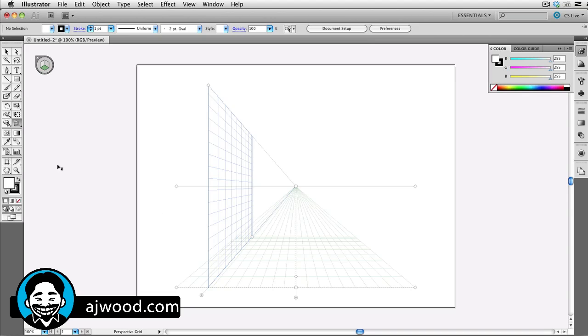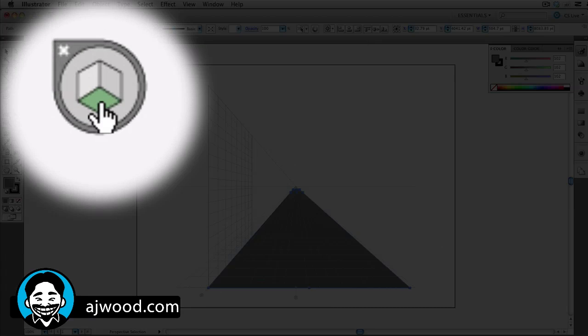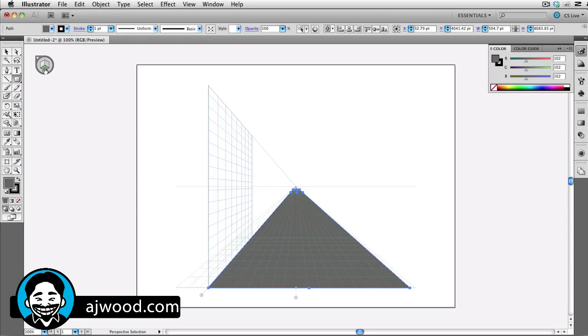So with this 1-point perspective, I just want you to see, I'm going to grab the rectangle tool, and with the dark gray, I'm just going to begin to draw on my horizontal plane. Now, as a reminder, the horizontal plane is being drawn on simply because I have activated it in my plane widget. So once again, green corresponds to the horizontal plane, and the blue side would correspond to the left side plane. What I want you to see is I can go ahead and grab a white rectangle,